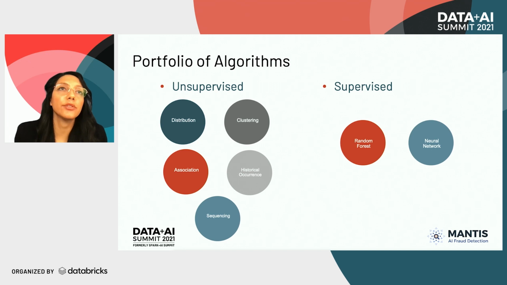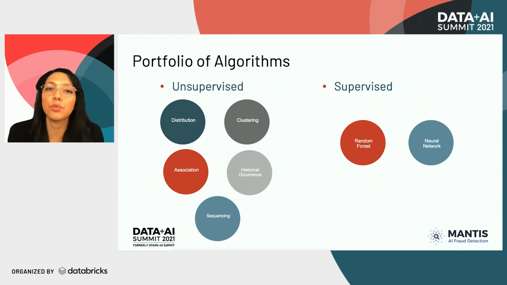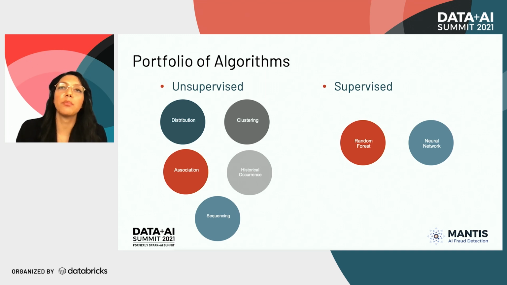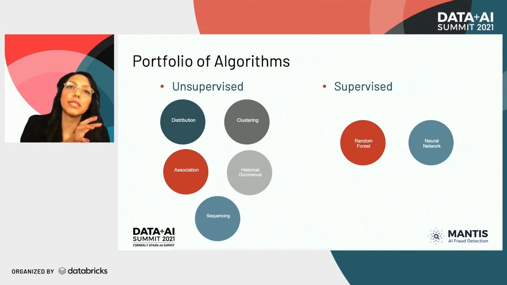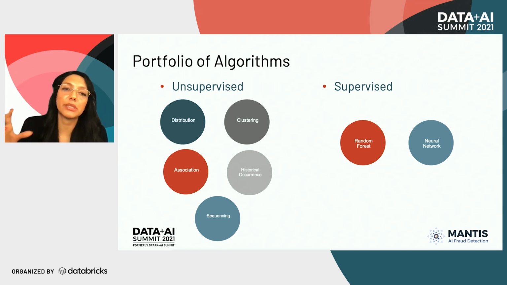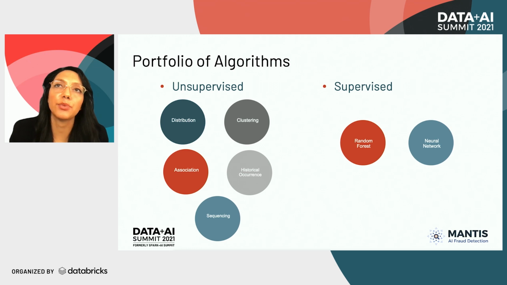That said, though unsupervised modeling is great to give us a head start, we do have the supervised models as well, because of course, we want the models to improve over time, and that is done by having that human in the loop and providing their feedback. So we can confirm not just what's statistically an anomaly or looking like an outlier or fraud, but what is that business confirmed fraud? And that's where the supervised models will of course help.